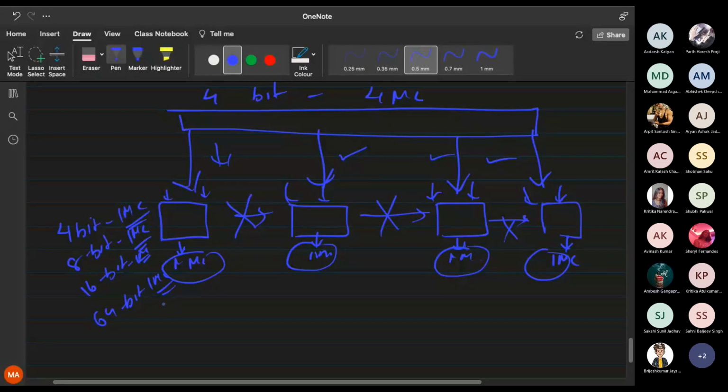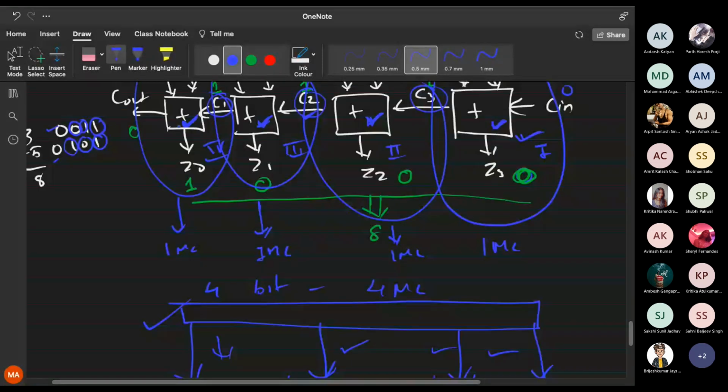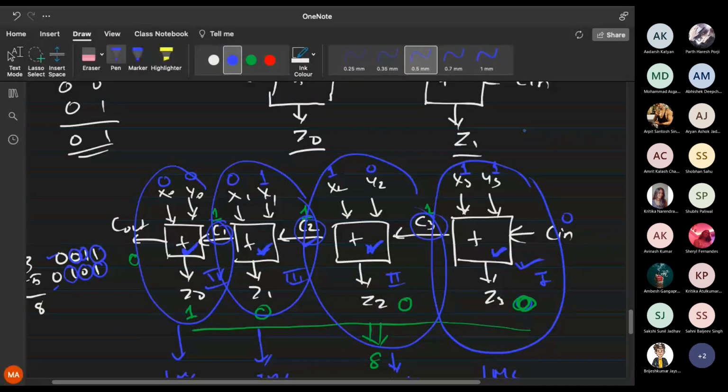Okay, how this magic happens we will see in the next class. The previous one is called the ripple adder. Just remember the name. It is also called a slow adder. Why is it called a slow adder? Because the addition which is happening is perfectly fine, there is no flaw in the addition, but it is taking a lot of time. Why? Because it has to wait for the previous carry to get generated. Until the old carry comes, the new carry cannot come. So that is why it is called ripple, or you can say a slow adder. Is that clear?